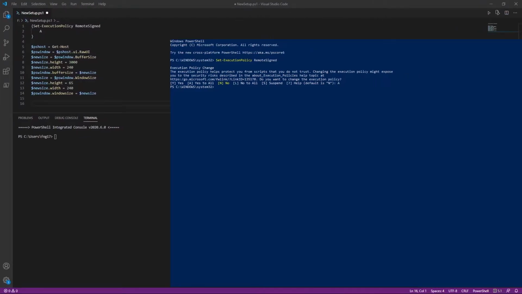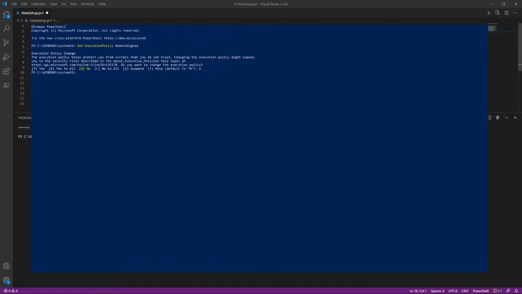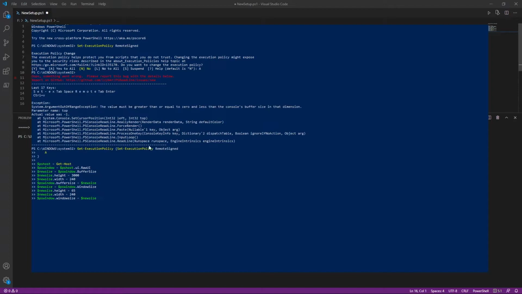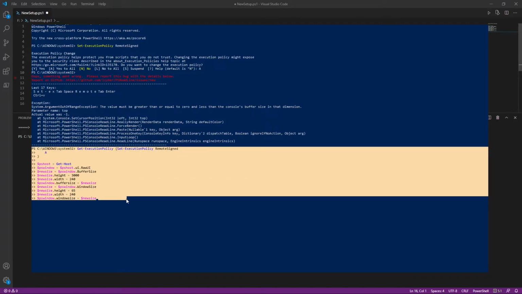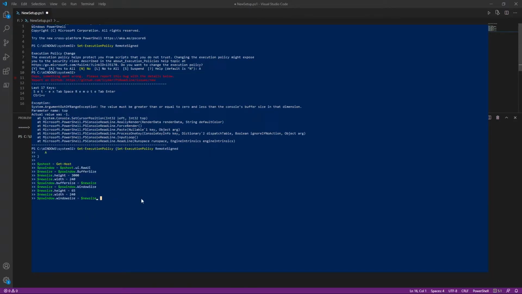Come on, OBS, play nice. Thank you. Let's center that for you guys for a second. So if we paste everything in here, it's going to say, oops, something went wrong. That's completely fine. I don't care, because what we're looking for is this set of code. So when we hit enter,